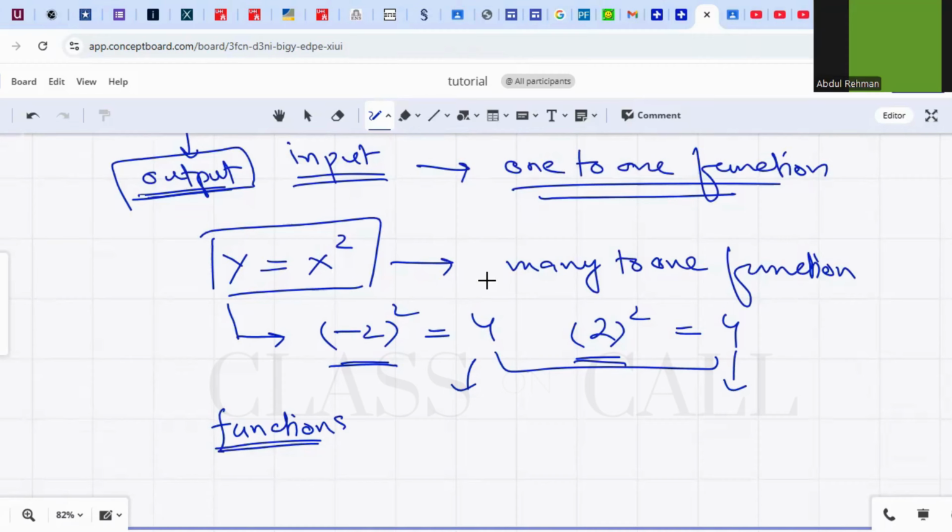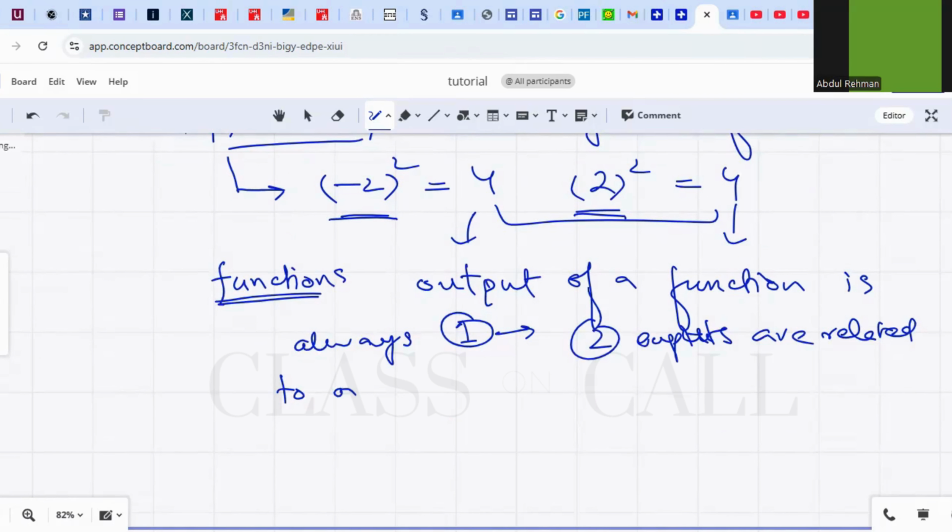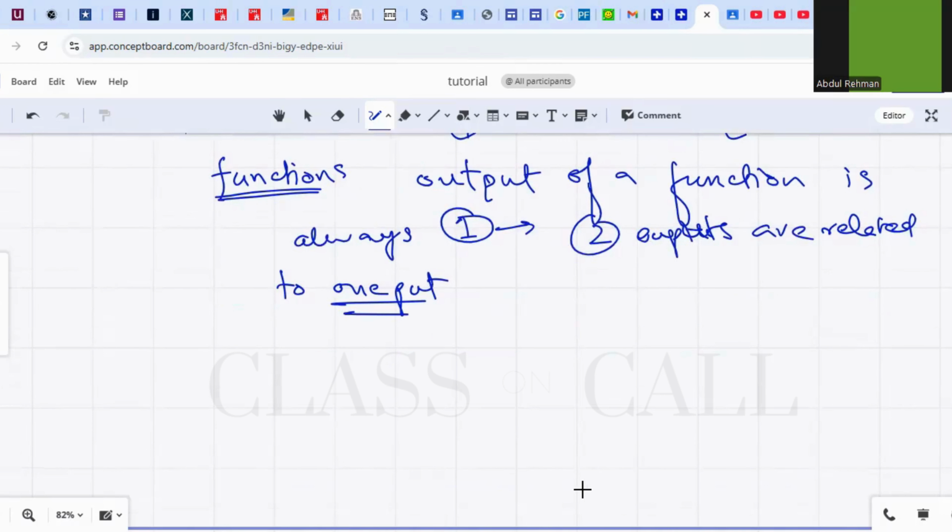So what we have to keep in mind is that the output of a function is always one, like it's one number. It can't be that two different outputs are related to one input. Okay? And so what we can do is we know that if we have a coordinate plane,